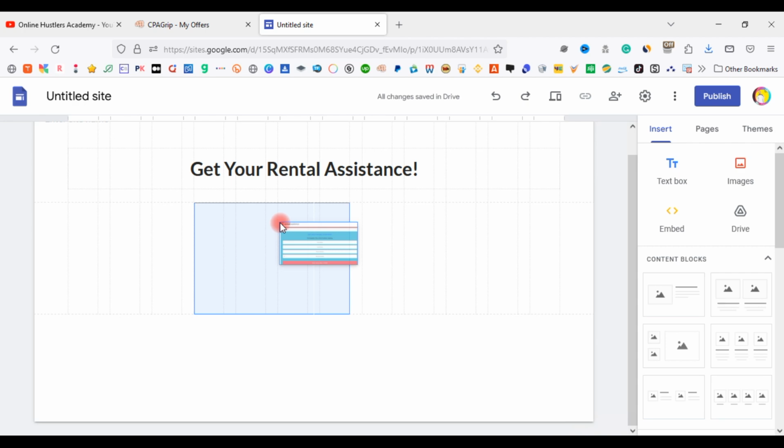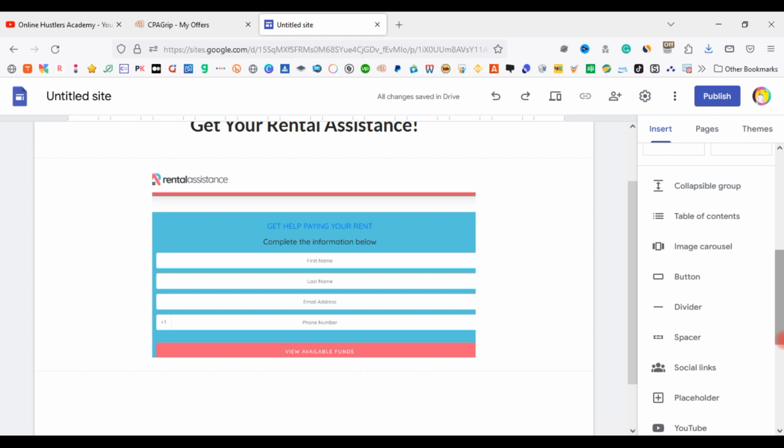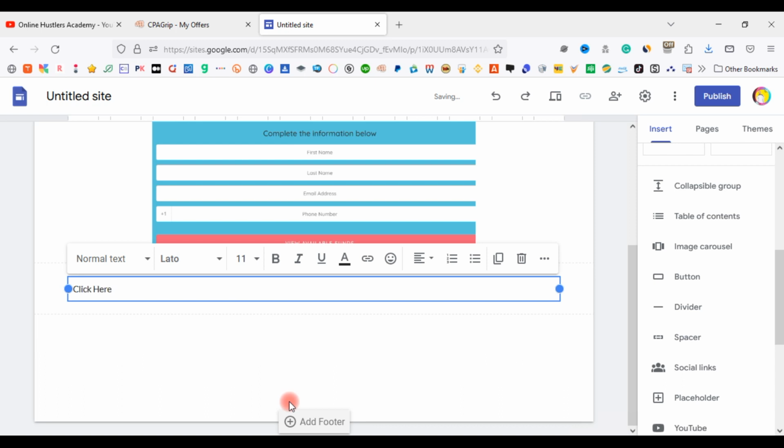So I'll centralize this. So all I need to do is to add a call to action. Yeah, so click here to join. Then I'll make it bold. I'll highlight the click here, only the click here, to make it bold for people to know that this is where I'm talking about. Yes, so I'll maximize the font a little bit,